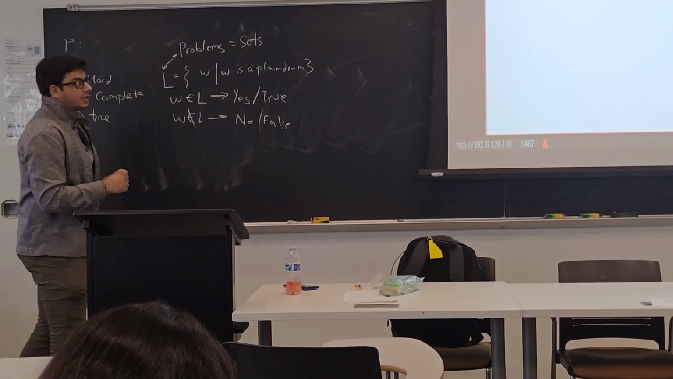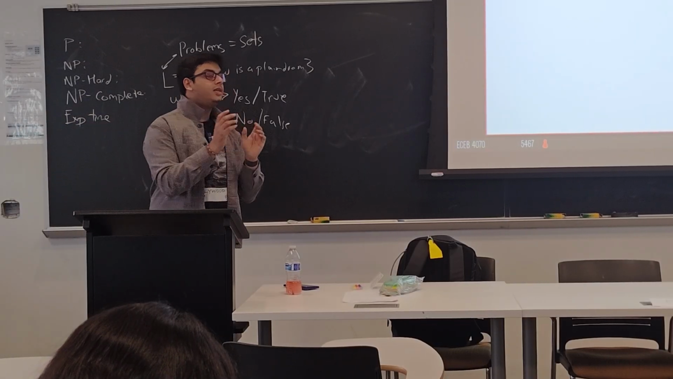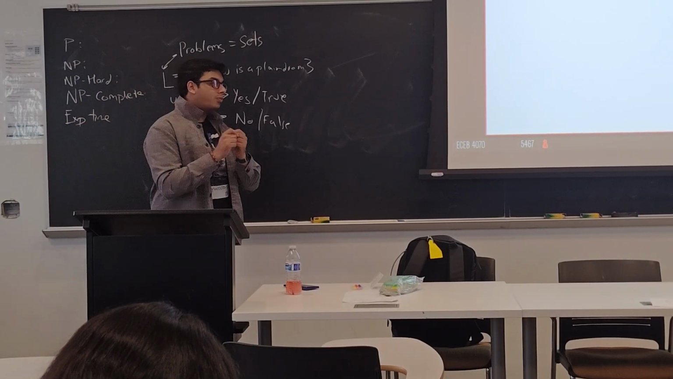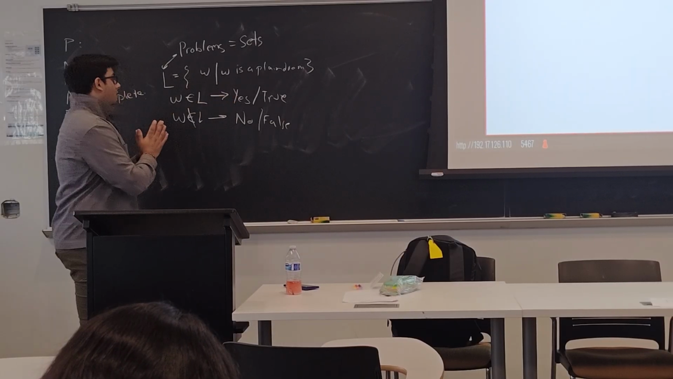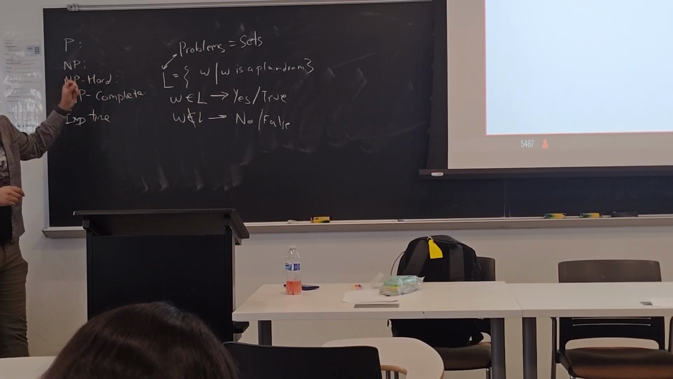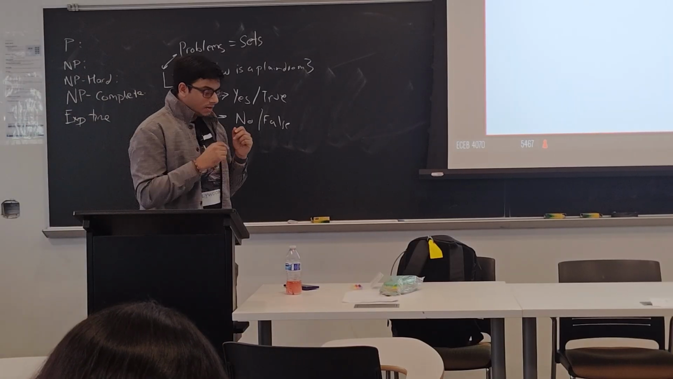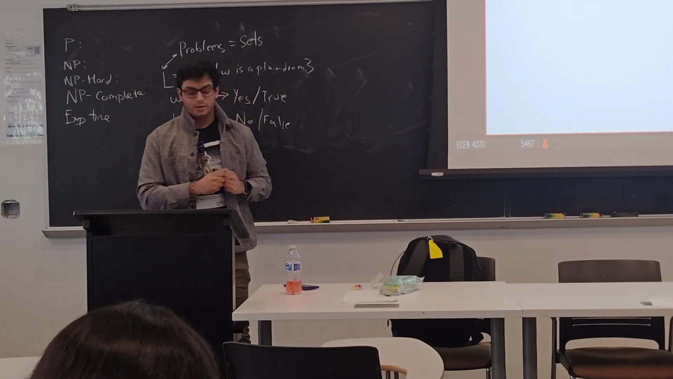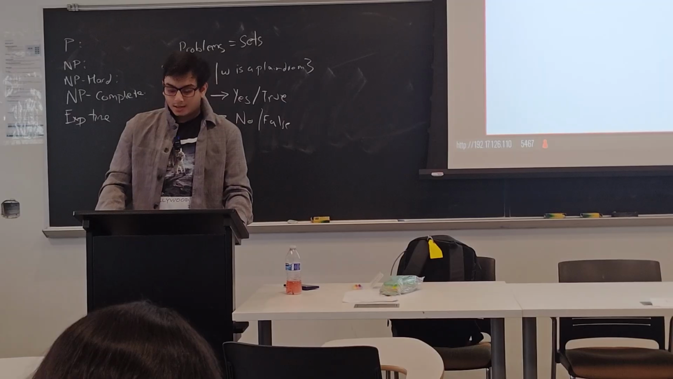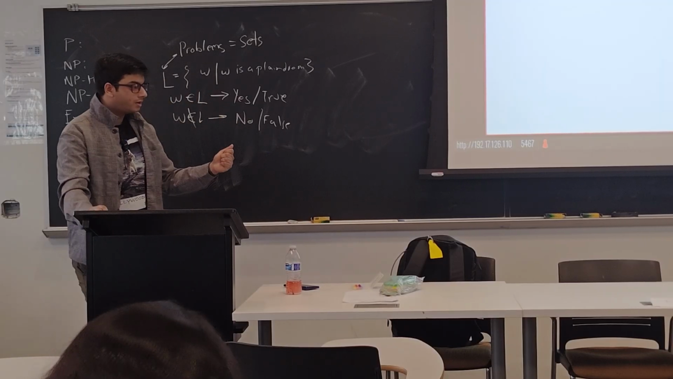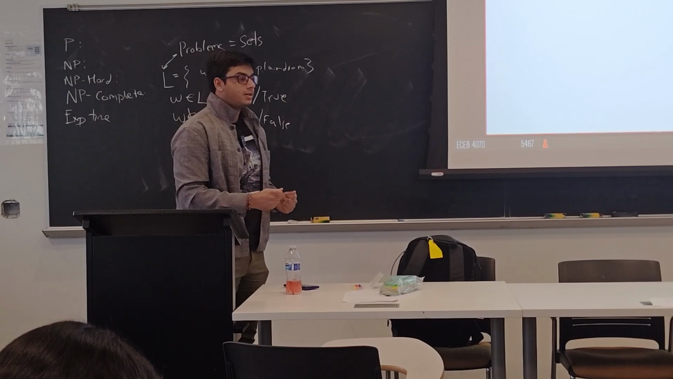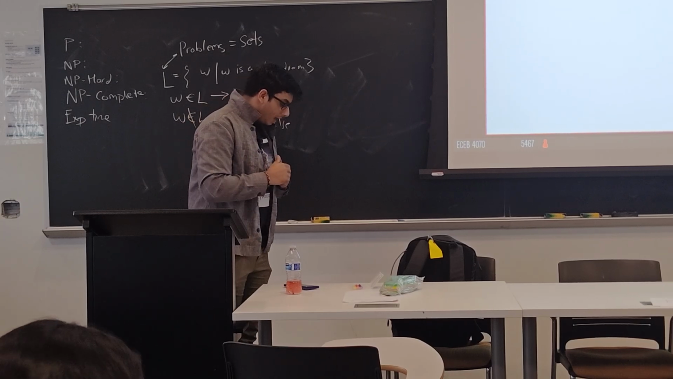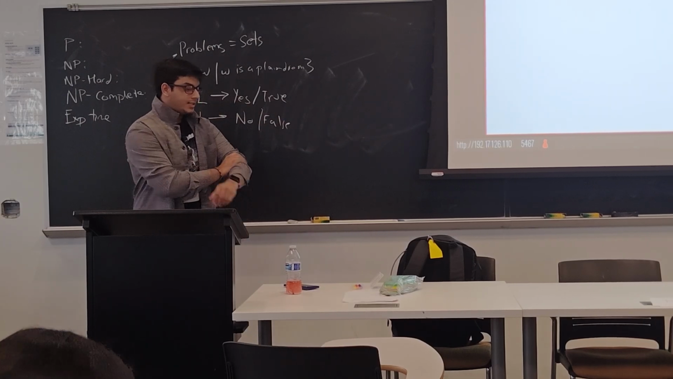A problem is said to be in P if a deterministic Turing machine can solve the problem in polynomial time and output yes or no. A problem is said to be in NP if you can verify the answer in polynomial time. By that, I mean, I give you the problem, I give you my answer, and I give you proof that the answer is correct. So, for example, let's say,